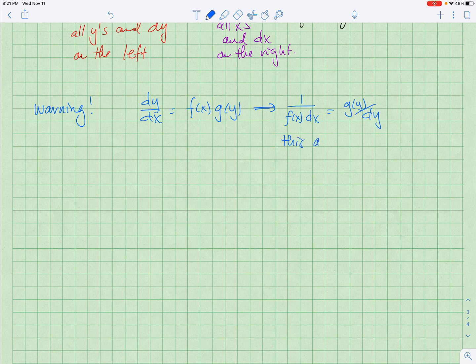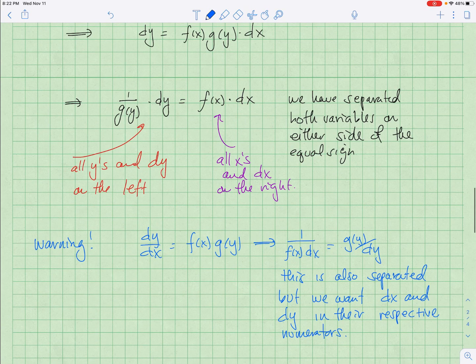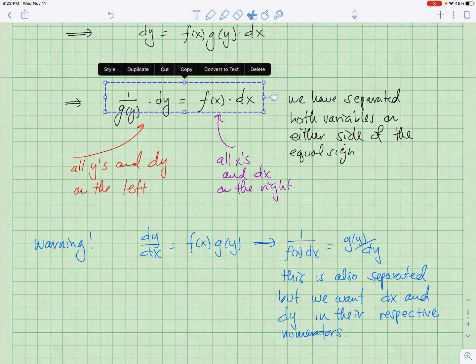This is also separated, but we want dx and dy in their respective numerators. And I'll tell you why. Because if we go back to this form here, which has dy and dx in their respective numerators,